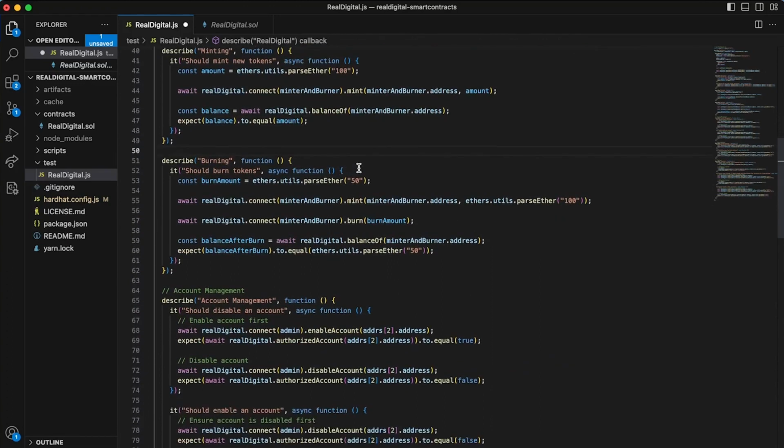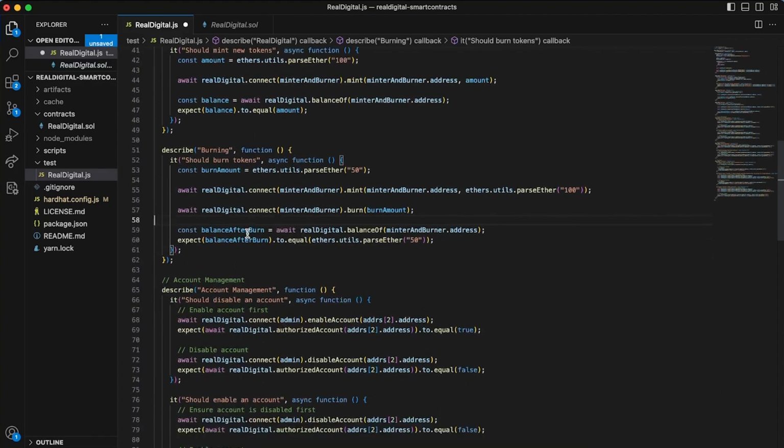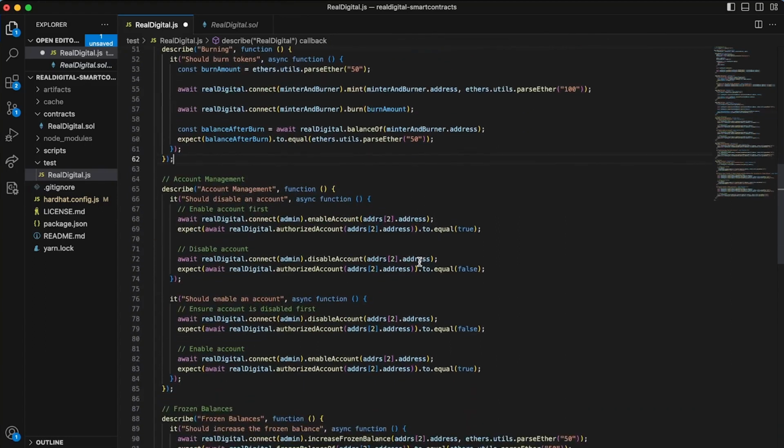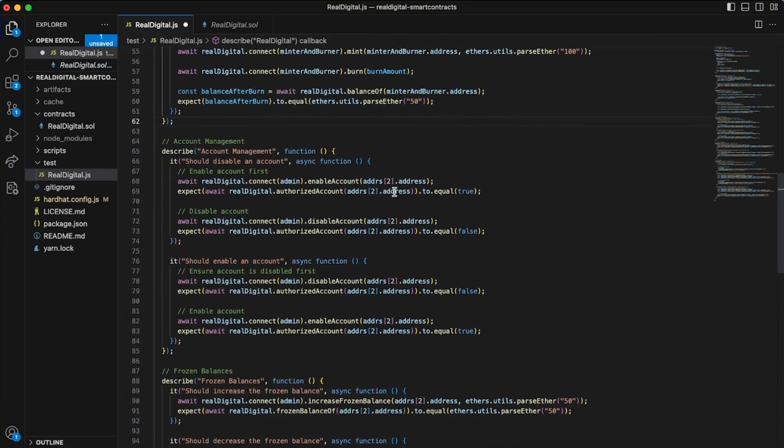And then we also have the burning. As you can see, we are maintaining 100 ethers, and then we also burn half of this 100, so 50 ethers, and then we make sure that the balance is 50. So it's pretty much the same as minting, but we are burning. We are taking away from this address and making sure the balance after being burned is 50. And yeah, just to continue, we also have this unit test for the account